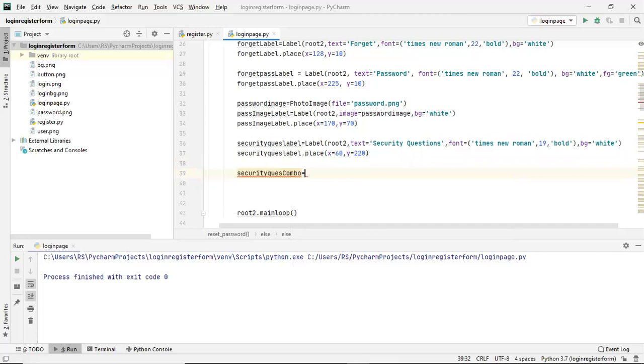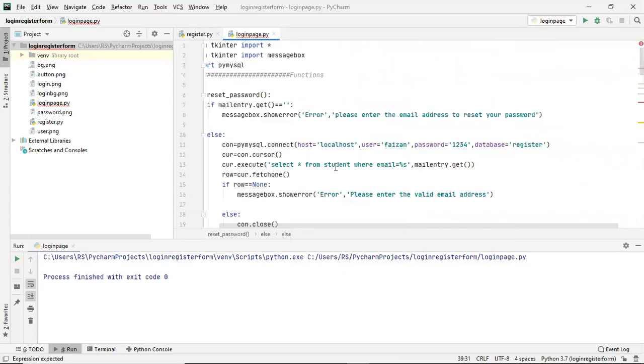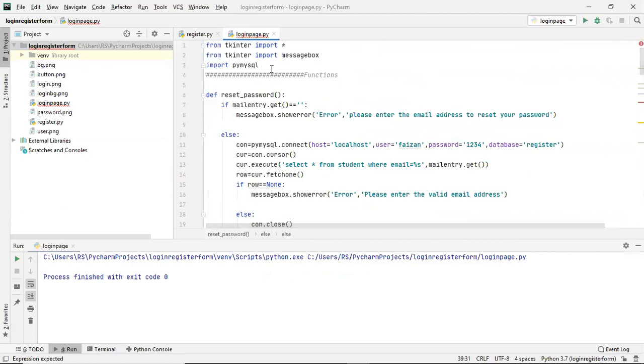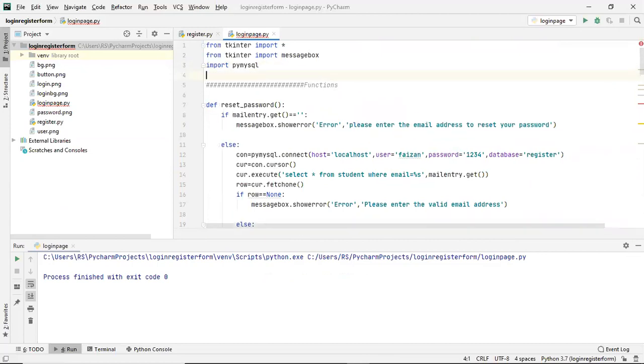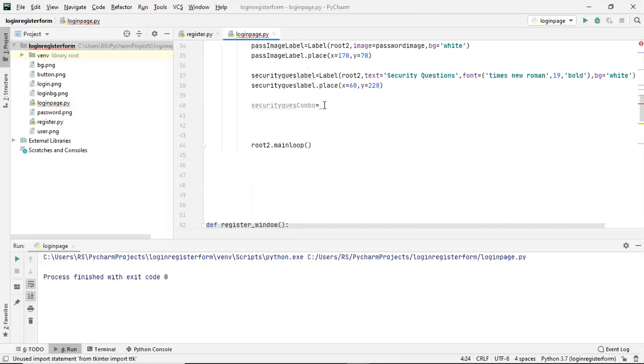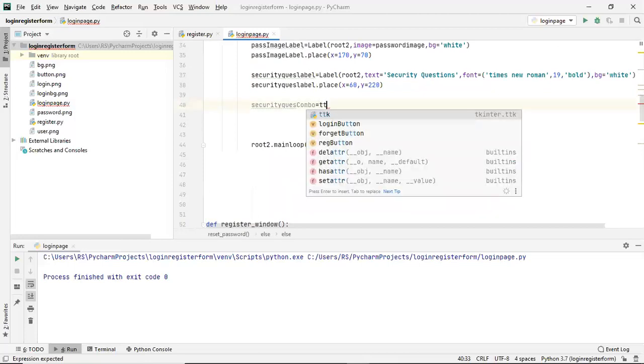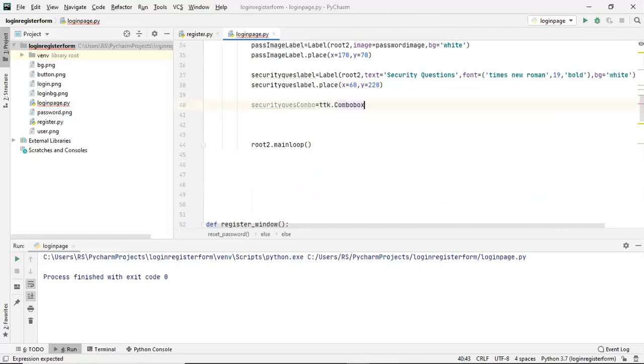For having a combo box, we have to import a line here. So I'm going to write here from tkinter import ttk. Now with the help of this ttk, we can access that class combo box, and this combo box will be inside our root 2 window.